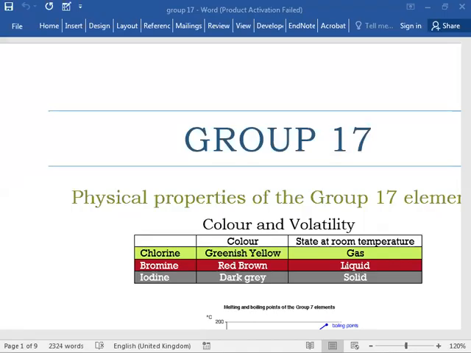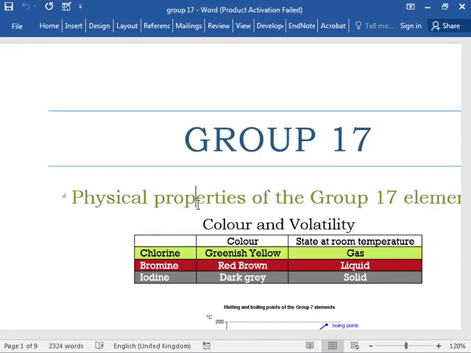The topic today that we'll be doing is group 17 or group 7. The first thing that we will study about group 17 is the physical properties. Now we know it starts with fluorine and ends on astatine. So first is fluorine,